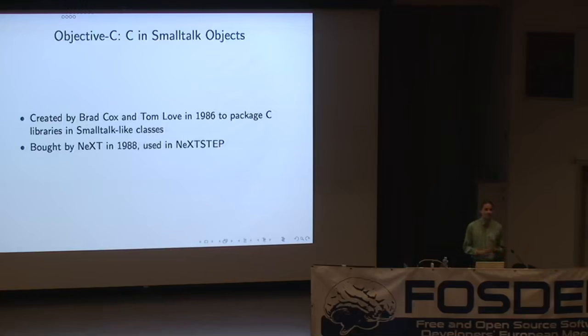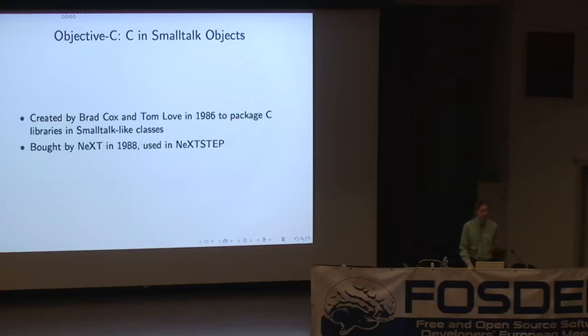And the idea was that if you have a C library and you want to package it for other people to use, you really want to give an abstract interface with some loose coupling and late binding. And so Brad Cox wrote a number of papers describing a Lego building model for software. You'd have some people responsible for building the Lego bricks, and some people responsible for assembling those bricks into larger structures. And Objective-C was designed for that boundary, where you'd have some people working in the C-like bit and some people working in the Smalltalk-like bit. And they wouldn't necessarily be the same group of people.